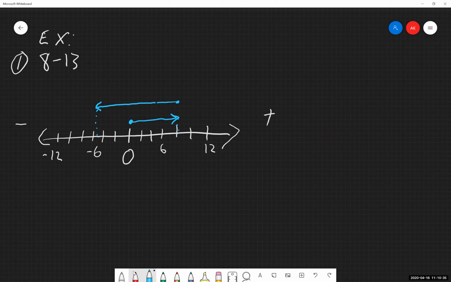So we have nothing else that's being added together. So we are ending at our point right here. What is this value? That's negative 5. We have our answer. So again, that's just that visualization of seeing this with a number line.